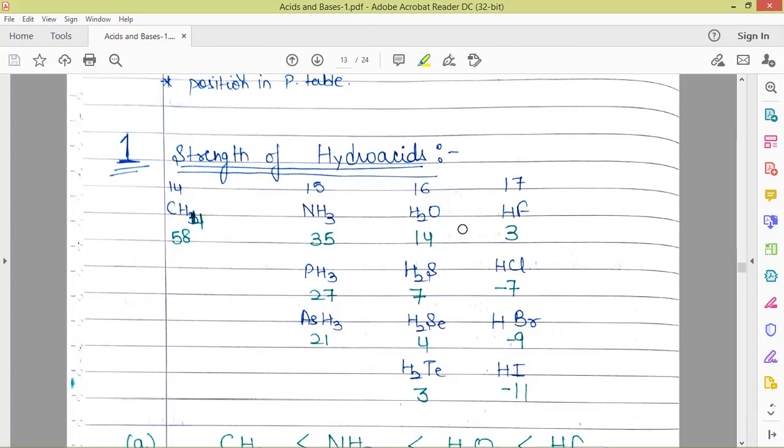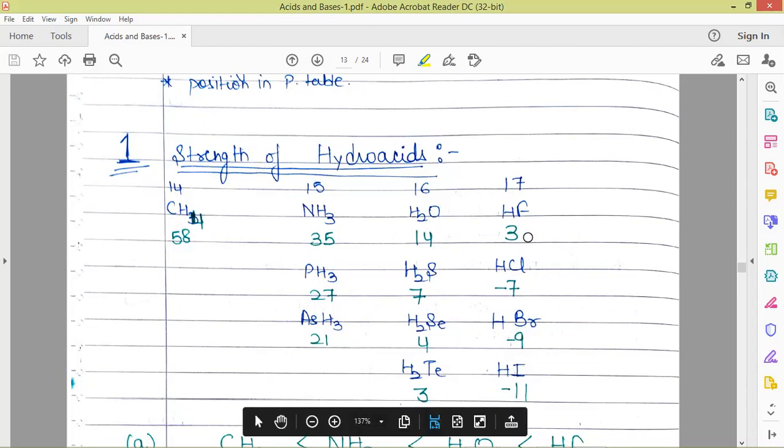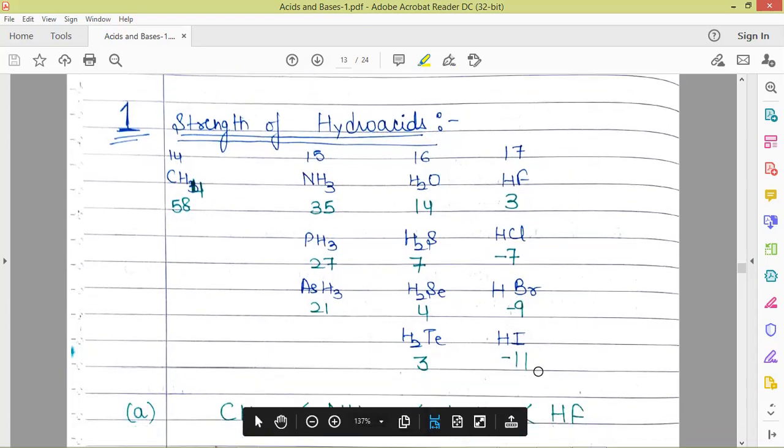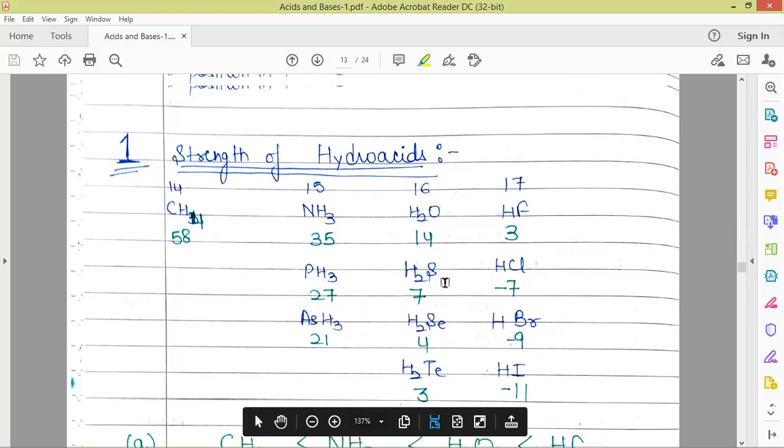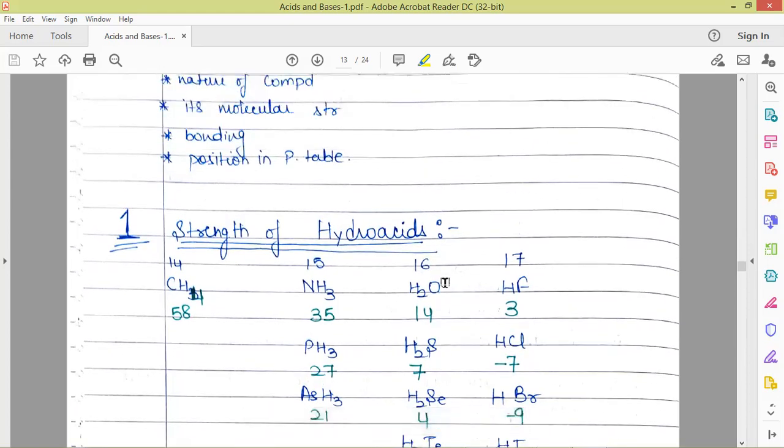the lowest value for pKa. That means in this series it is the strongest acid, and down the group, if we move down, the pKa value is going more and more negative. That means acidic strength is increasing down the group. So now we'll be discussing the reasons for these trends in the period and the group based upon these